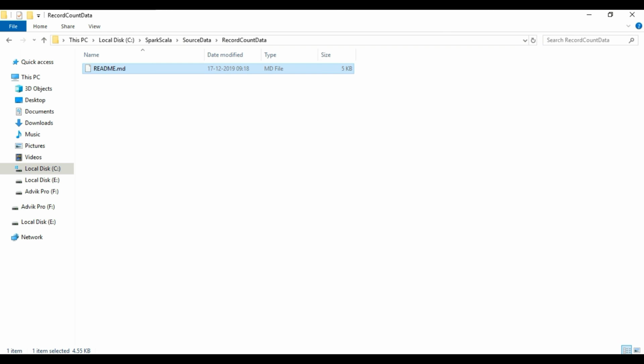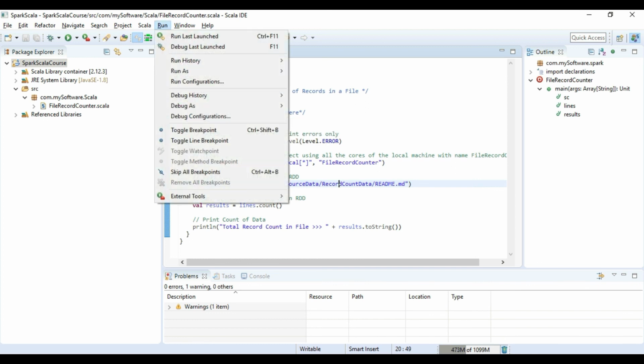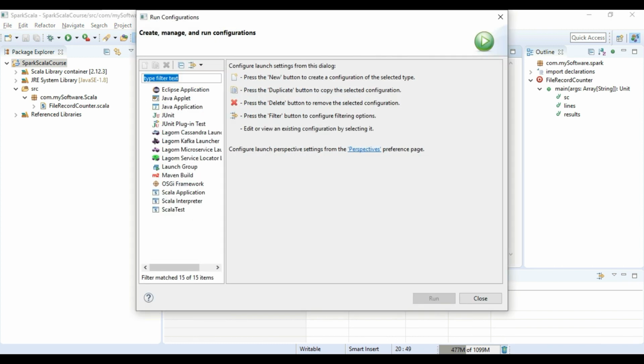So come back to the Scala IDE again. So now we are set. Our code is buildable. Source data we placed at the desired location. So next action will be to run the program. For running the program, click on run, then click on run configuration.